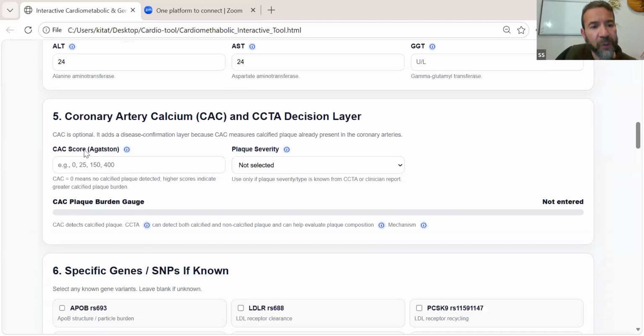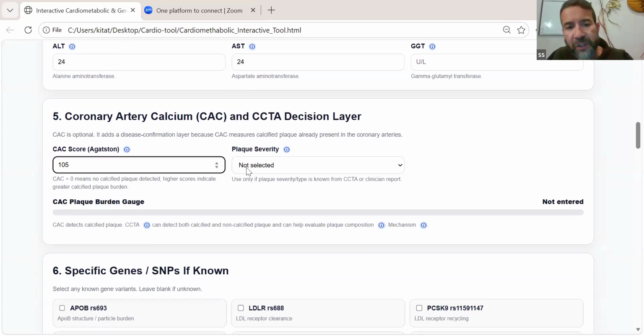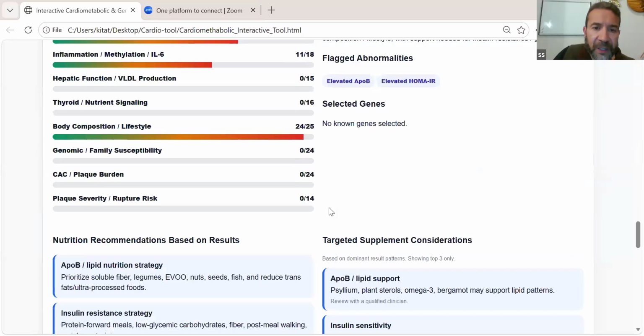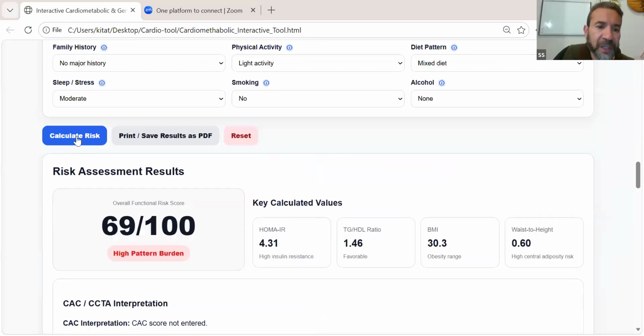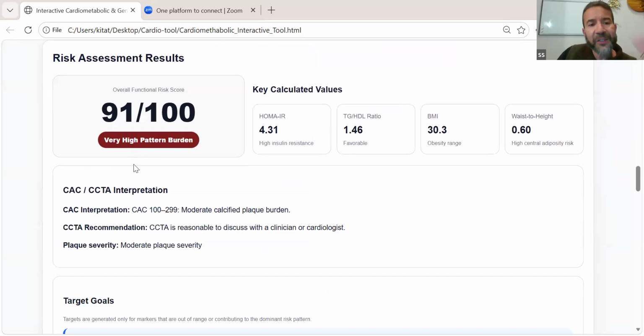So the CAC score turns out to be, let's say, 105. Because it's 105, they need to do plaque severity. They need to do CCTA. And the CCTA turned out to be moderate. So let's see what happens now. Let's recalculate the risk. Now, this person is actually very high pattern burden. This person needs an intervention right away. So keep in mind, we went from green, keep doing what you're doing, everything looks fine, to very high pattern